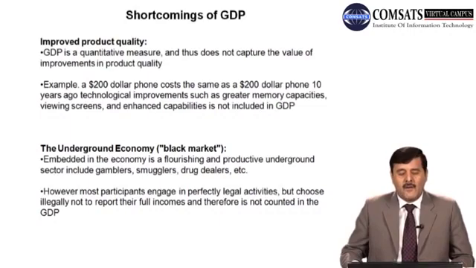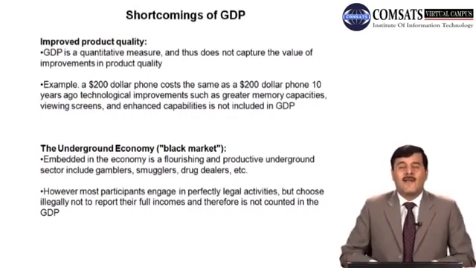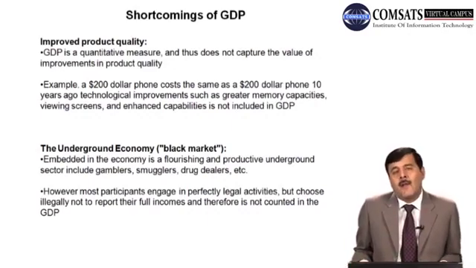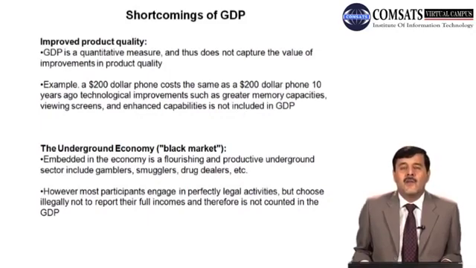तो इसको हम एक एग्जांपल के जरिए एक्सप्लेन करते हैं। Suppose a $200 phone costs the same as a $200 phone 10 years ago, but technological improvements such as greater memory capacities, viewing screens and enhanced capabilities are not included in the GDP. यानी कि 10 साल पहले अगर एक टेलीफोन पे $200 लगते थे तो आज भी अगर उस फ़ोन पे $200 लगते हैं तो cost is the same, बट जो जीडीपी में जिन चीज़ों को नहीं देखा जाता, जिससे फ़ोन की जो क्वालिटी है, उस प्रोडक्ट की जो क्वालिटी है जो कि 10 साल बाद due to improvement in the technology बेहतर हो गई है, उस चीज़ को जीडीपी में शामिल नहीं किया जाता। तो this could be another shortcoming of the GDP, improved product quality को जीडीपी में शामिल नहीं किया जाता।